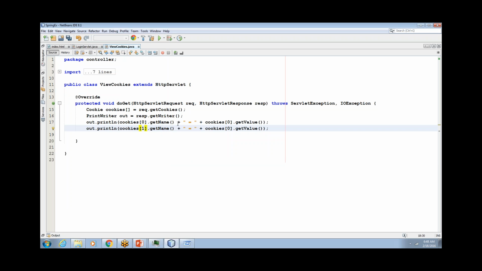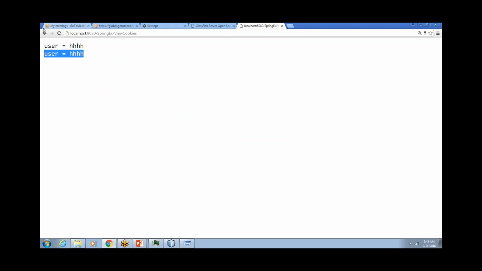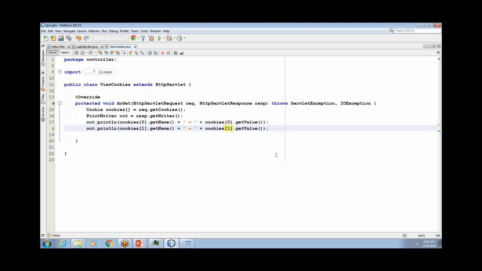This should be 1 and this should be 1. You click on view cookies. So user and then pass. This is the key, this is the value. Now if you close this browser,